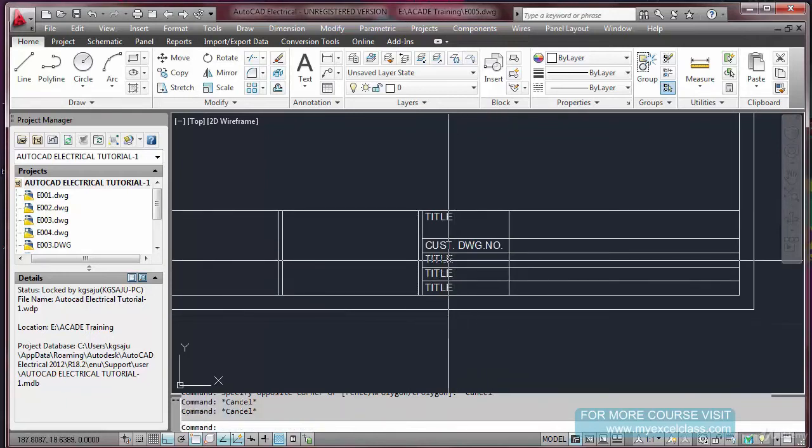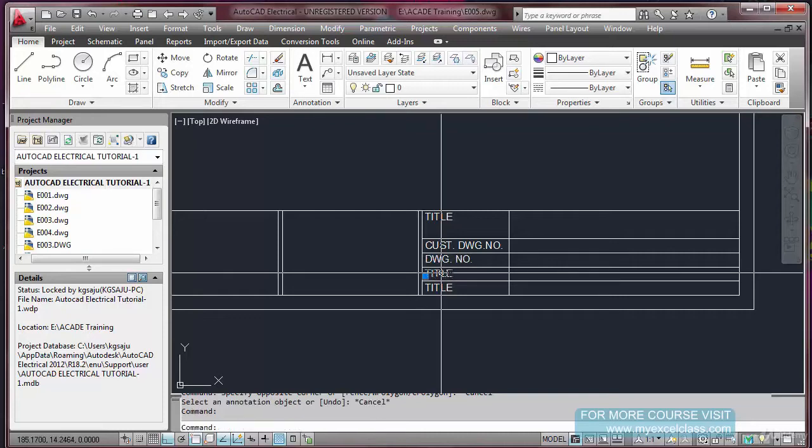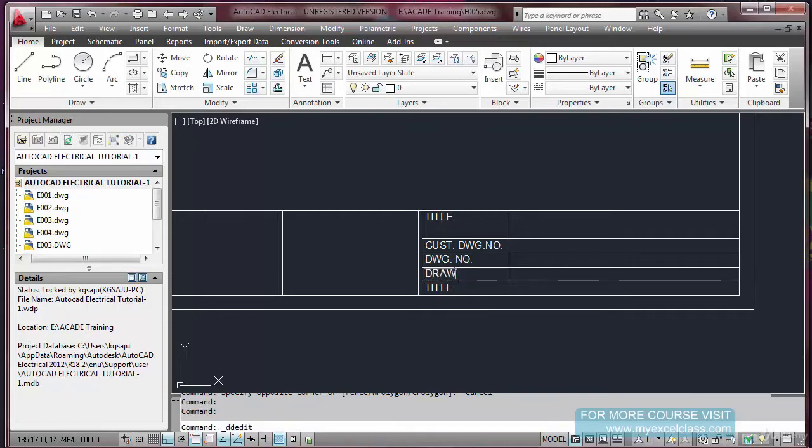Now let us put our drawing name, drawing number. Fine. Drawing number, this is of viewers. One is of customer. Customer may sometimes ask you to provide his drawing number inside your title block. So that is the provision for that. And here drawn, and here I'm going to put checked.